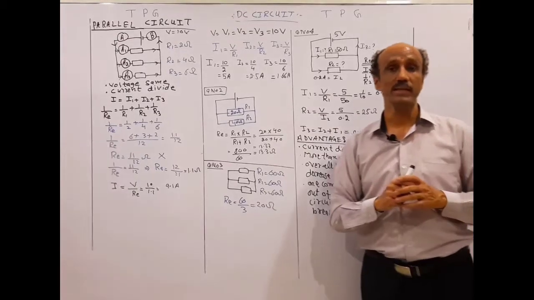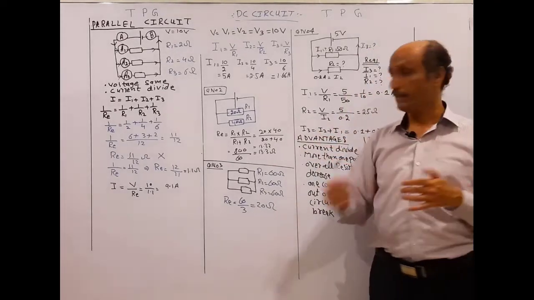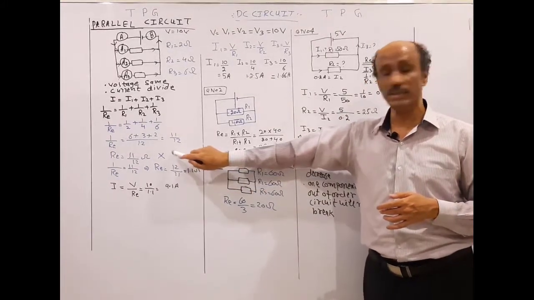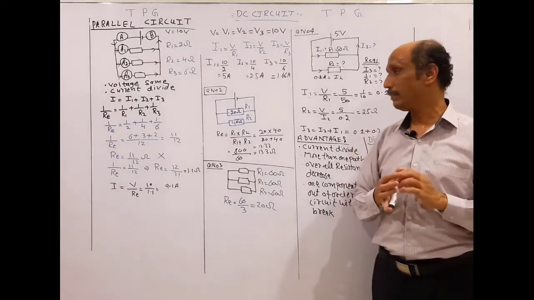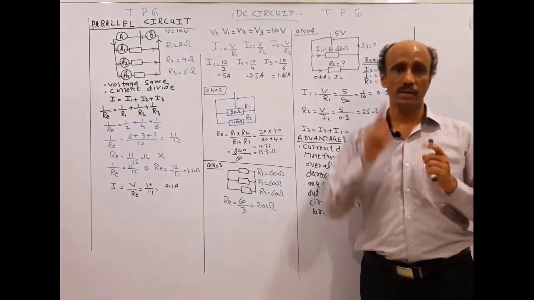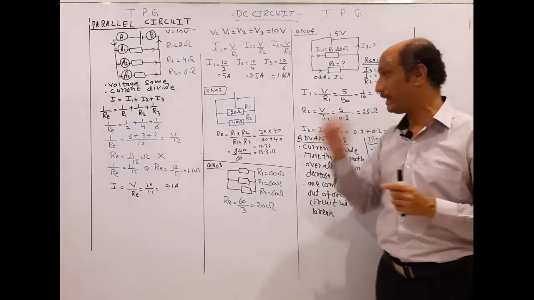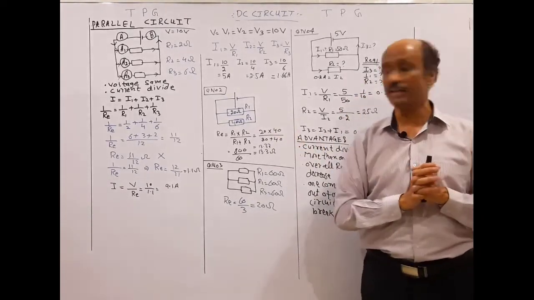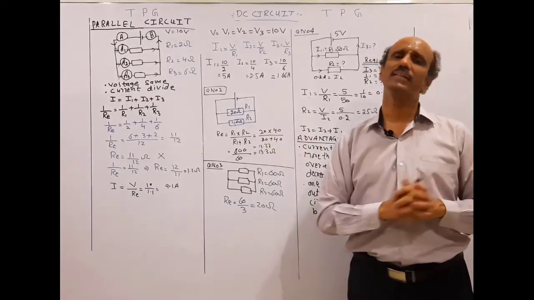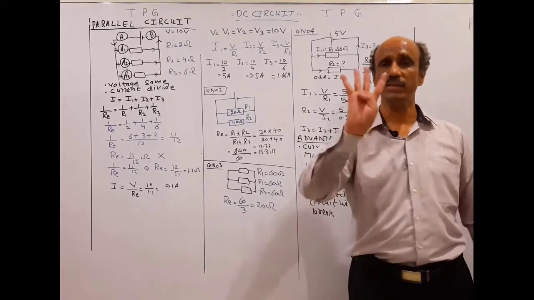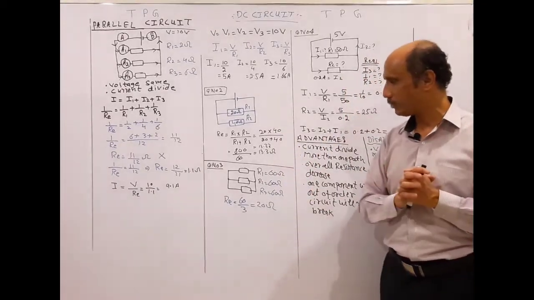Now if in the question two resistances are given, then we can use a very short formula, because there are chances of mistakes which I have mentioned earlier. If two resistances are given, you can apply the formula Re equals R1 into R2 over R1 plus R2. Multiply both values of the resistance and divide by the sum of those resistances. Then we will get the answer 13.33 ohm. This answer is in 4 SF, which is not required, so the answer will be 13.3 ohm.